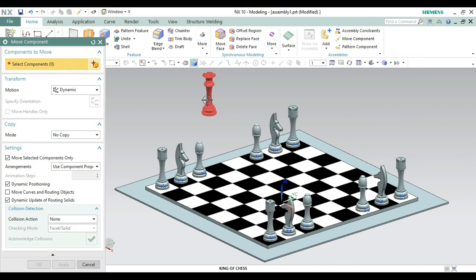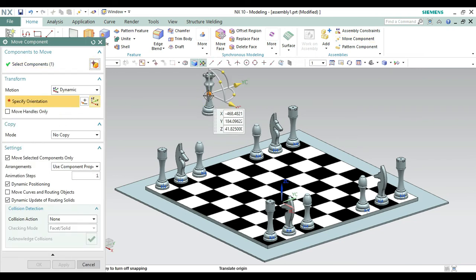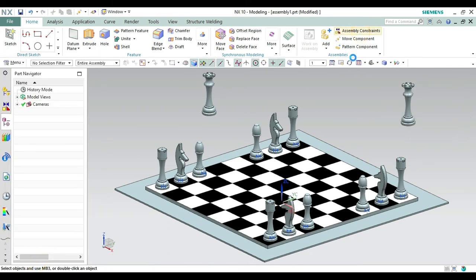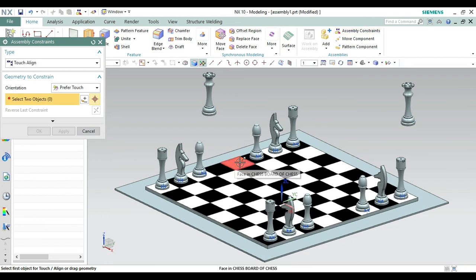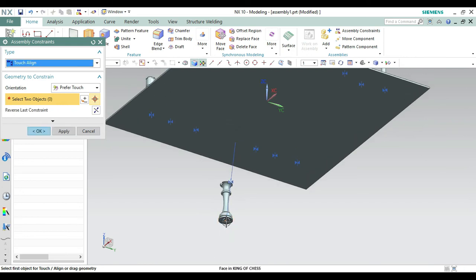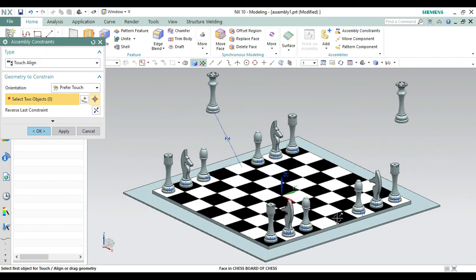So selecting the component, specify the orientation as similar as we have done before. Nothing more to do. Again, going on to the assembly constraint, select this face, reverse that, select this face. Assembly constraint has been done with the one. Let's take it to the isometric view.